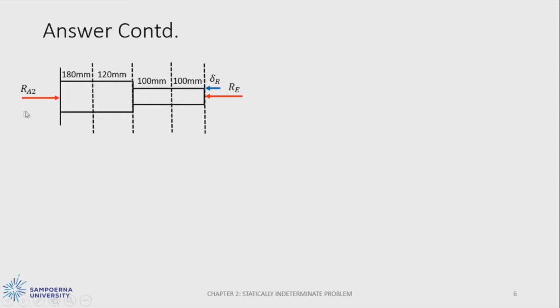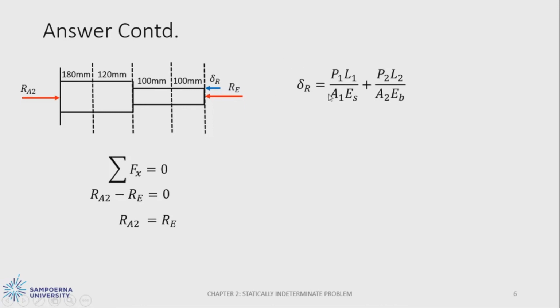And then for the second one, we have a free body diagram like this, where there will be a reaction at A2 and the reaction at E. There is no external force acting in the system, so we can use sigma F equal to 0, and we can equate that RA2 is equal to RE. So for the deflection occurring at the reaction, where there is a fixed support, it is P1 L1, P2 L2 only, because there are only two internal forces in the system, and only one part where the area is changing, and also